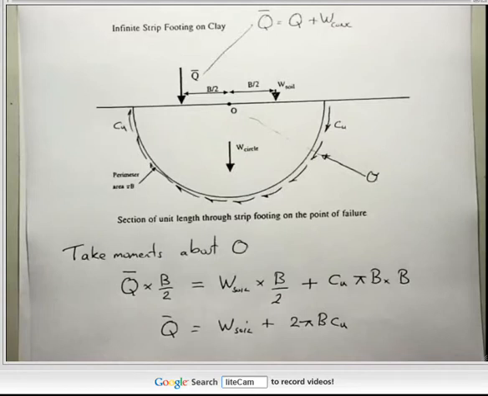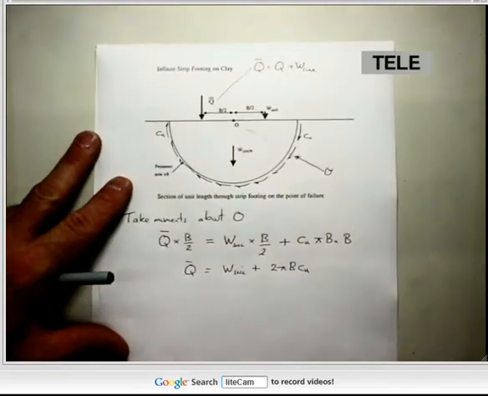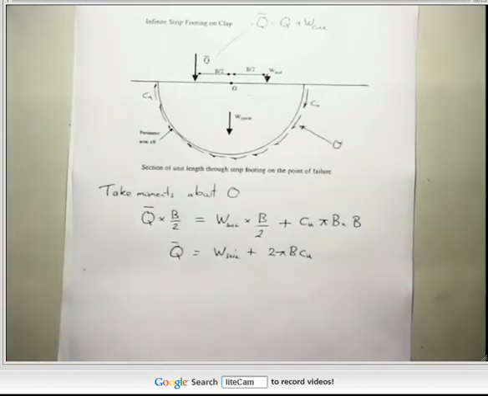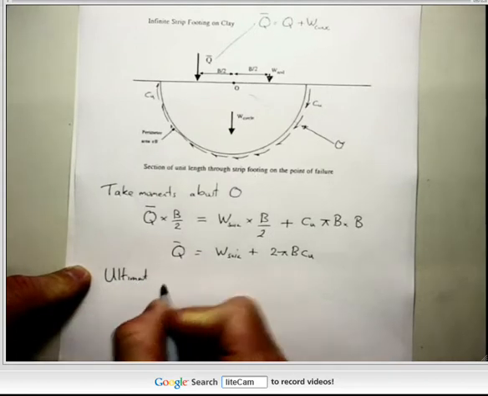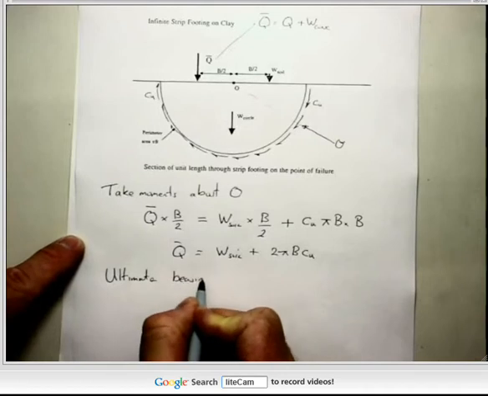I'm not going to pretend there's any more to getting the answer, but we want to work in a general form which is applicable to any situation. And so we tend to write this equation not in terms of load, we write it in terms of the pressure we can apply to the foundation soil. That's a convention. So I'm going to write it as an ultimate bearing pressure. This isn't part of the analysis, it's just trying to write it in a standardized form. Ultimate bearing pressure,